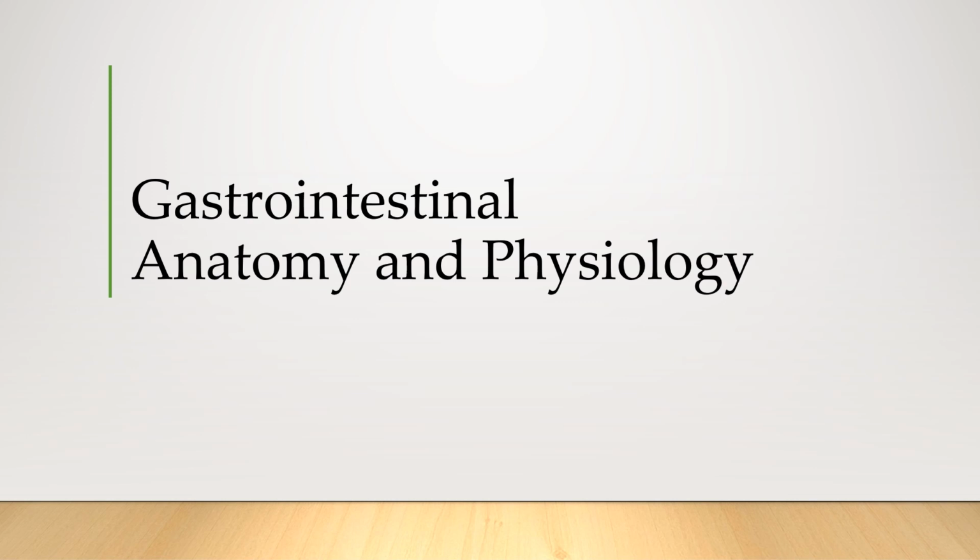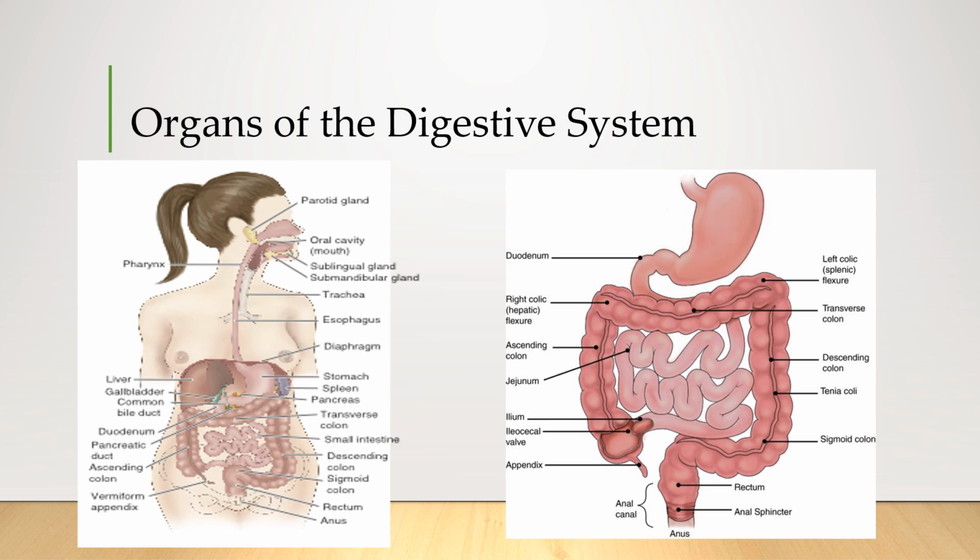Before we can get into our bowel disorders, we need to briefly review the GI system's anatomy and physiology. The GI tract is what allows us to digest our food and get the nutrients from the food into our blood supply and our cells, so you may hear it referred to as the digestive system. Digestion starts with the mouth. We use our teeth and salivary amylase to break the food into smaller pieces that can be swallowed down the esophagus and into the stomach. The stomach secretes digestive acids like hydrochloric acid, pepsin, intrinsic factor, and churns the food to break it down into even smaller pieces so it can pass into the small intestines.